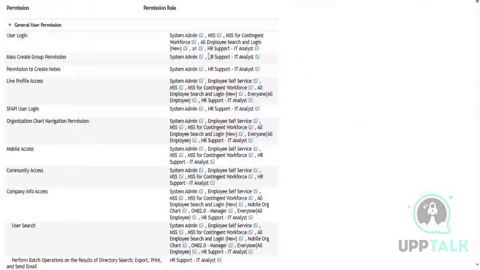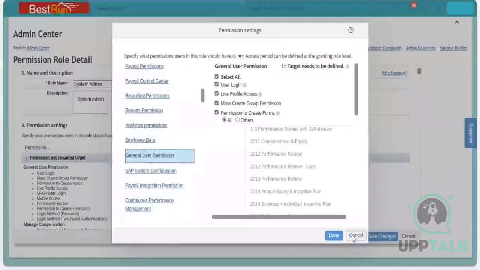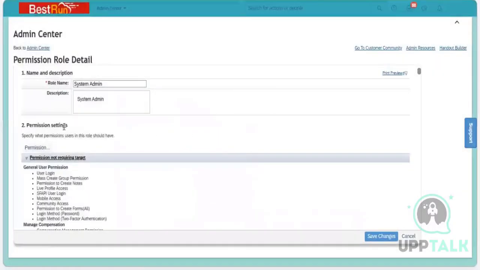Okay, so how many roles are there in each category where the permission is being given, that we are able to analyze. Finally, we have to see the name. Okay, we have to know the permission role name. So whatever category you are seeing, general user permission, report permission. Okay, so when you go again into the report permission, suppose I am going here into the report permission,